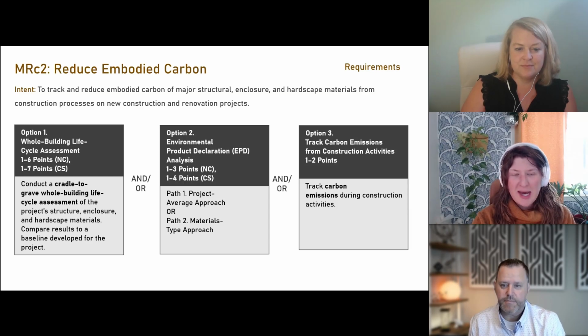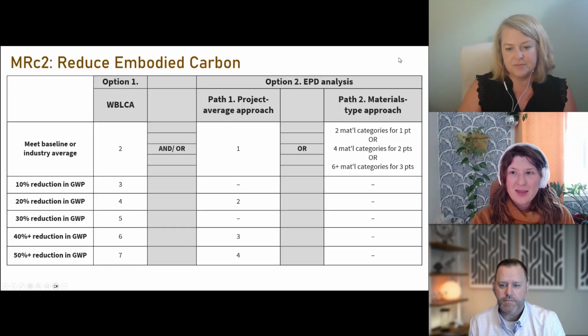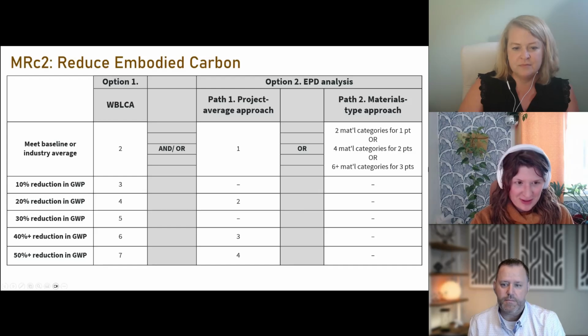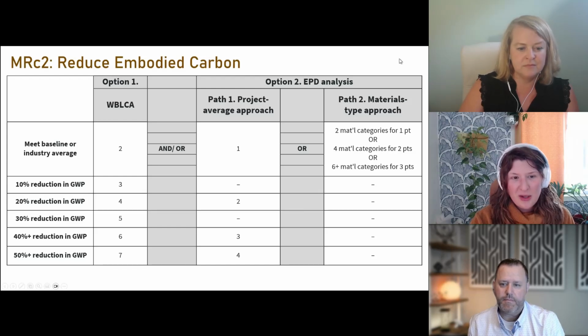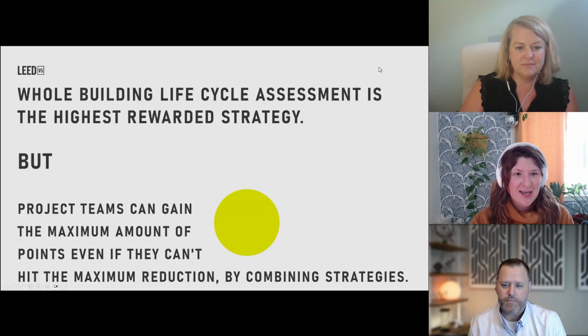And so here's a breakdown of just the option 1 and option 2 points. This can be found in the credit library as well, and in the reference guide. But really, you're going to see the most opportunity in the whole building LCA, but you can combine strategies. And so that's one thing I really want to highlight here: whole building LCA is really the highest rewarded strategy, but you can still get the maximum amount of points for this credit if you can't hit the